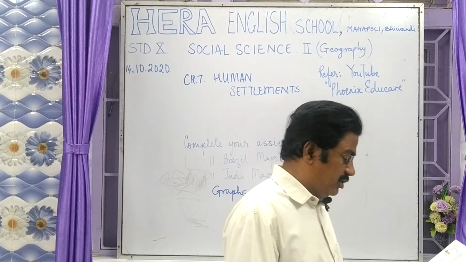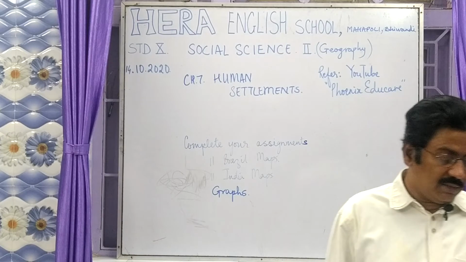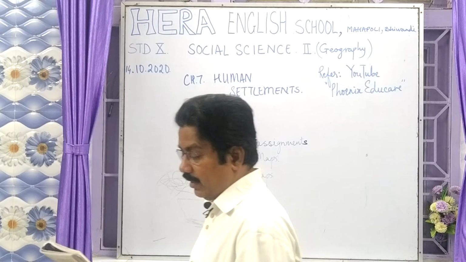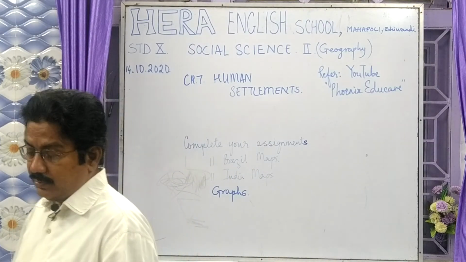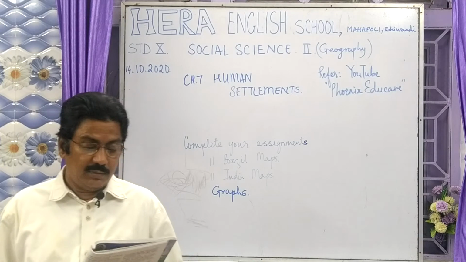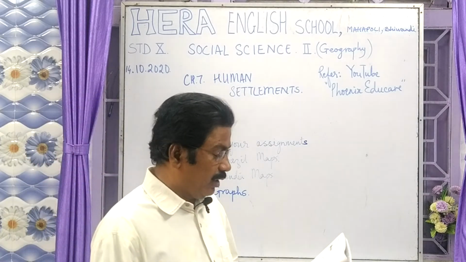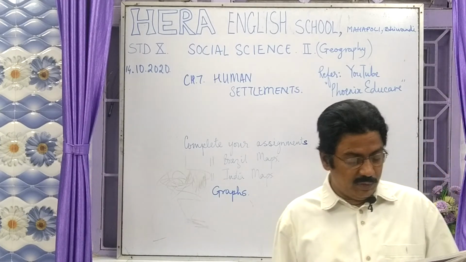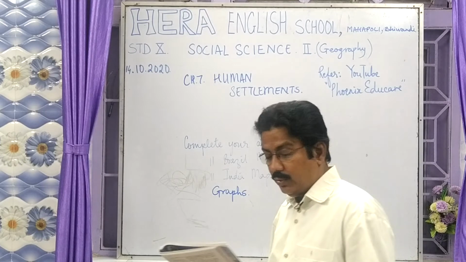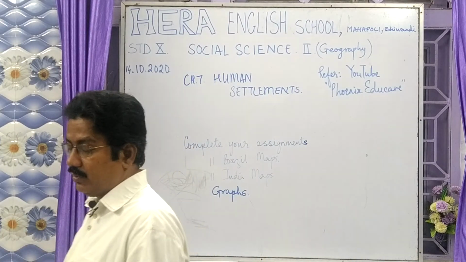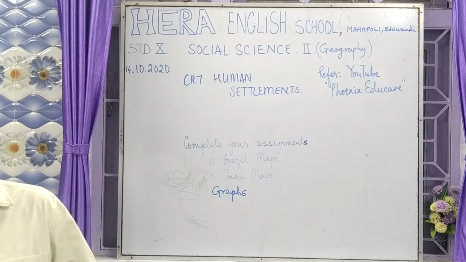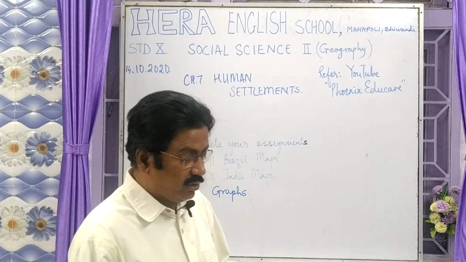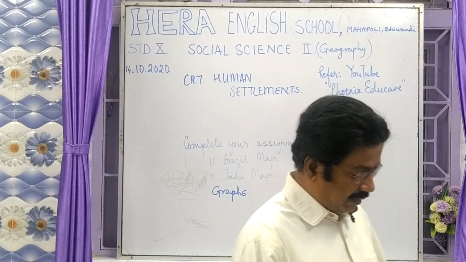In which decade was the urbanization highest? They are asking for the decade, so you can find out the range. It is between 1971 and 1981. That was the decade in which urbanization was highest. In which decade is the growth of urbanization lowest? Obviously, it is between 61 and 71, when just 0.2 percent of urbanization was added. Any questions regarding that? You are most welcome to ask me.